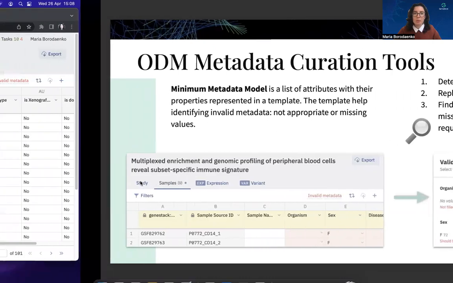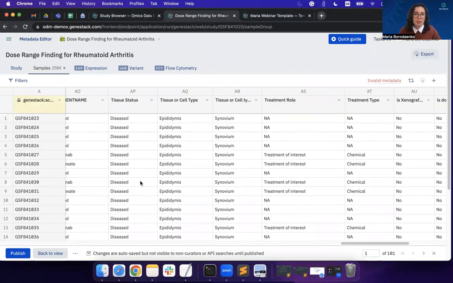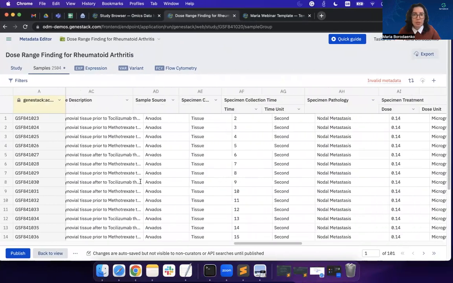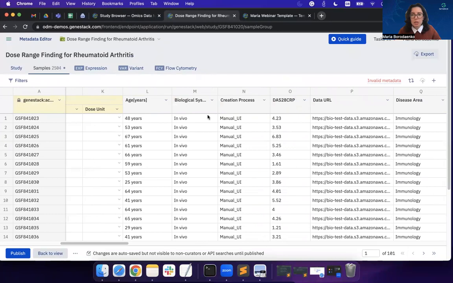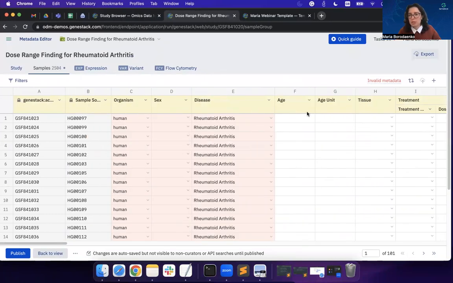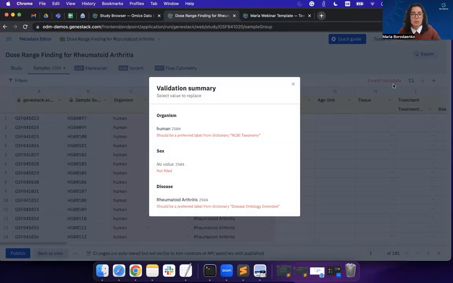And now I would suggest to just switch to an example study that I loaded today prior to the webinar. And there are lots of different fields that came. But I also created a simple template with a list of fields which we are supposed to be expecting. And as you can see, some of the metadata here isn't valid, and I'm immediately notified by the system that something is wrong. In this specific case, for the attribute organism, the value is human, but it's actually not the preferred label for the dictionary, and I set the dictionary to be NCBI taxonomy for checking any values entered into the attribute